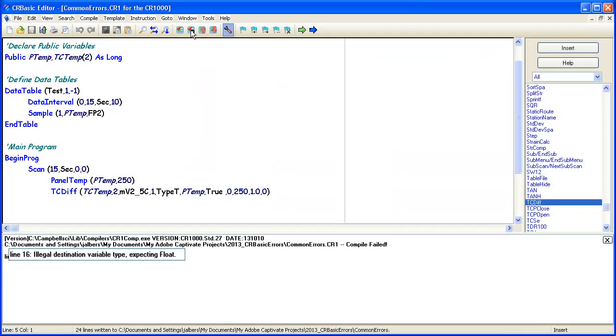The variable declaration instructions Public or Dim can use an optional As type descriptor to define the data format. The 4 data format types are Float, Long, Boolean, and String. By default, when no descriptor is used, variables are floating point. In general, measurement instructions must write to float variables. If a measurement instruction tries to write to a non-float variable, an illegal float destination variable error will occur.